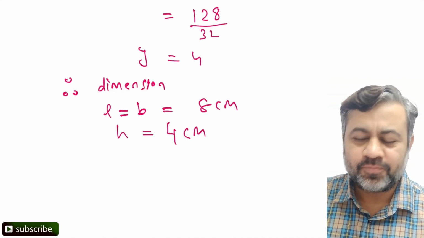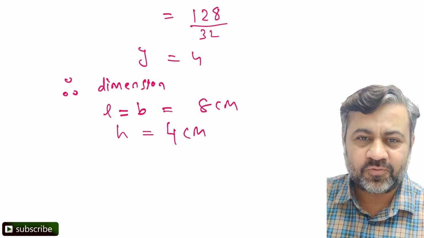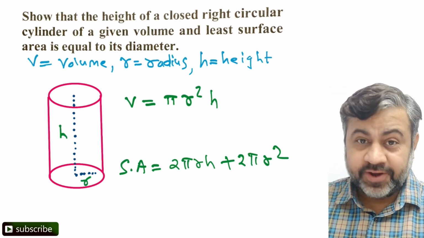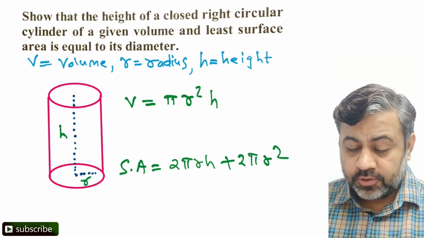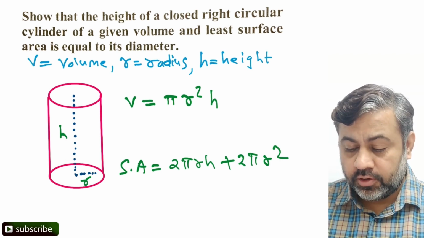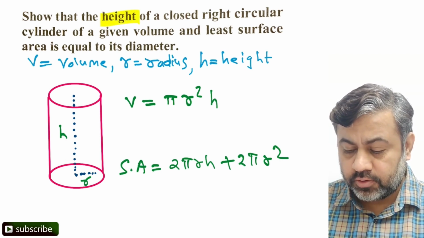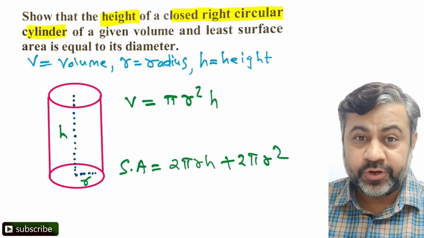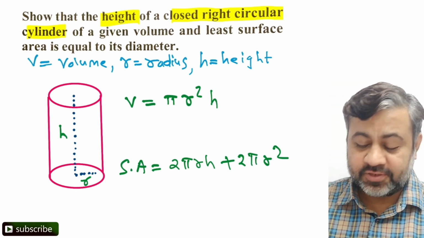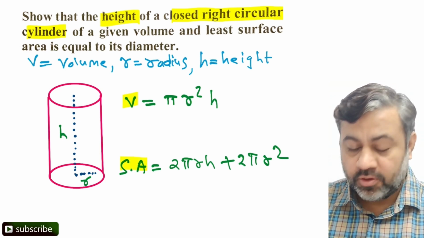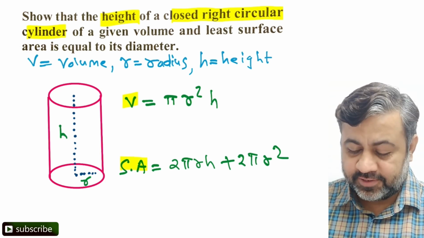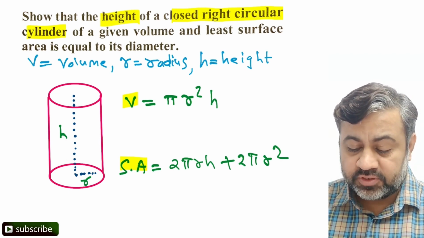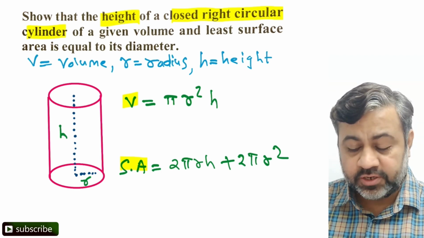Okay, so let's proceed to the question number 2 now. So question number 2, we have a very interesting question. It says show that height of a closed right circular cylinder. So there is cylinder and you need to know then the formula for surface area and volume of the cylinder. These are the two things you should know. It says of a given volume, it says show that the height of a closed right circular cylinder of a